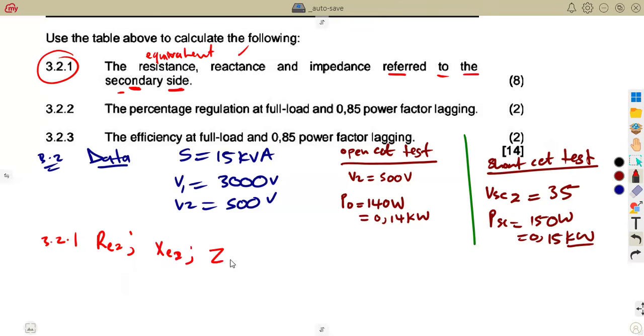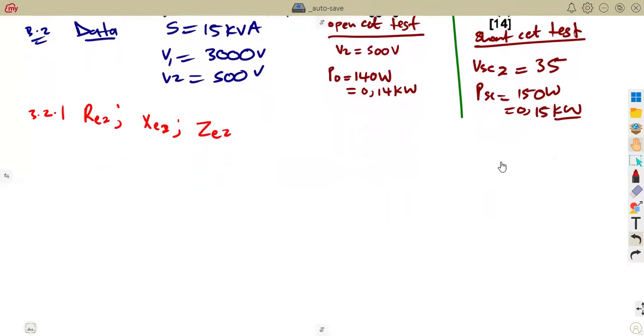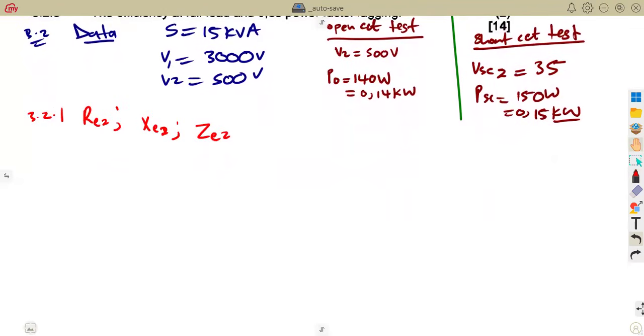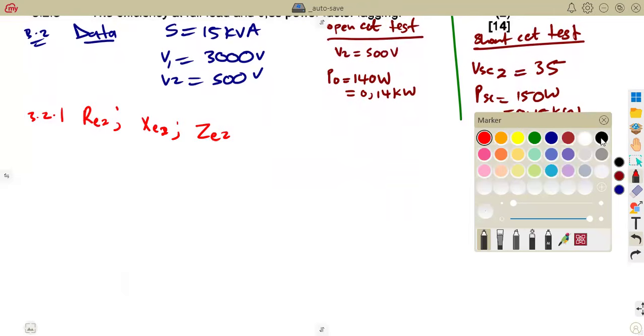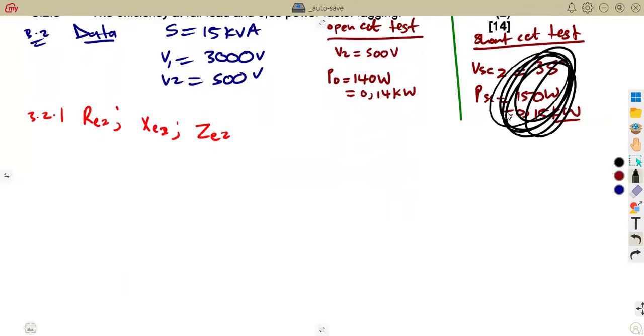The impedance referred to the secondary. These are the ones that we need. So what can we use, guys, according to the information that we have? We have the information about the open circuit test and the short circuit test. We have the information fully given. With that information, let's use it to find whatever we can, because we've got this short circuit power and